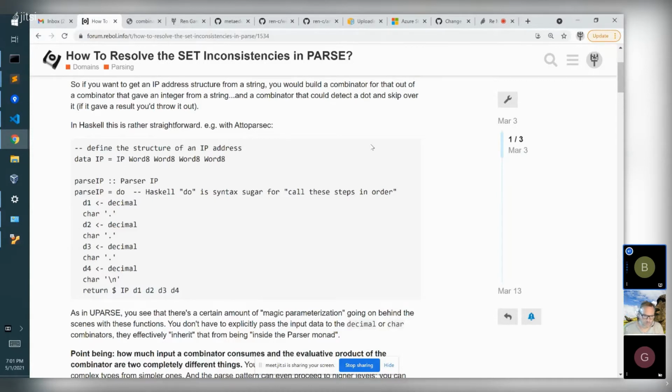Okay, so what I offer to talk about is Uparse, because it's kind of the interesting thing. I've actually been programming in Rust and doing some other stuff this week, and kind of wandered off from Rebel, but coming back to it here,